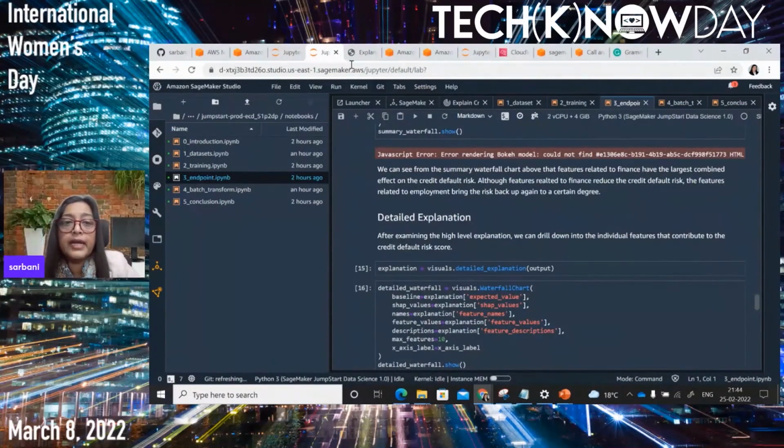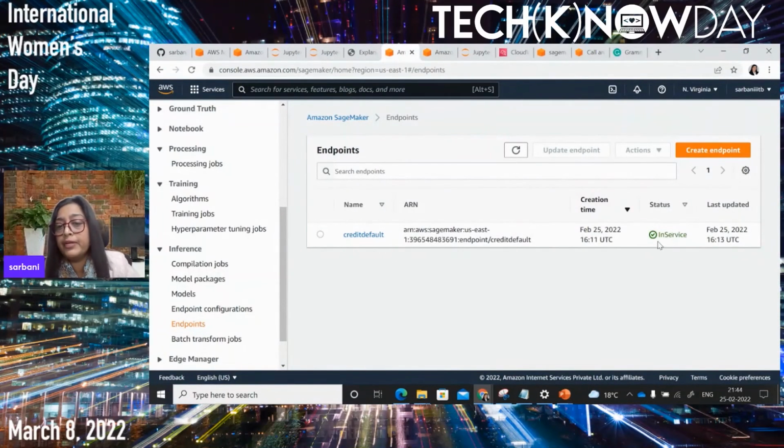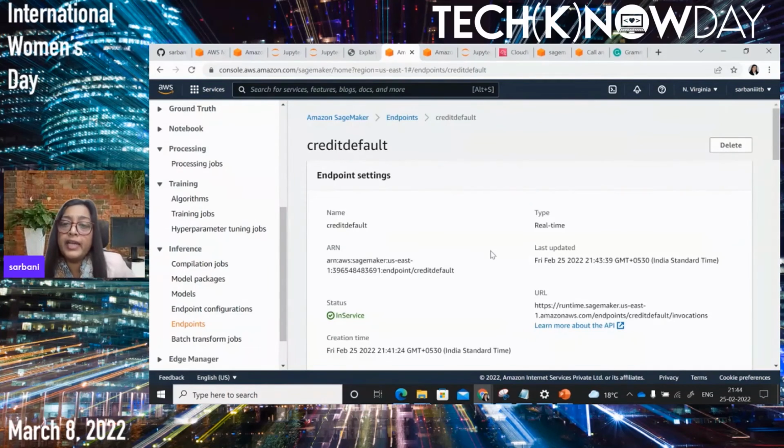Then let's look at that endpoint, what we were trying to create here. Okay, so you can see now the endpoint is in service. We can see the endpoint here, and the same endpoint can be accessed by any API gateway which is sitting outside the entire cloud environment. So if your consumer application, let's say a banking operation which is deployed in a bank's own data center, wants to use this predictive credit score from the AWS cloud, that can be done by using AWS API